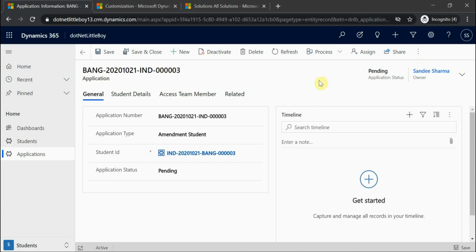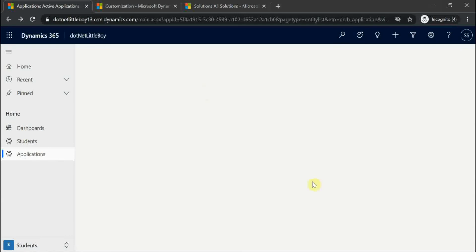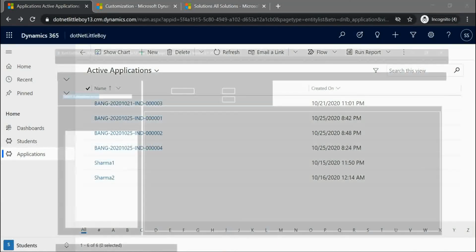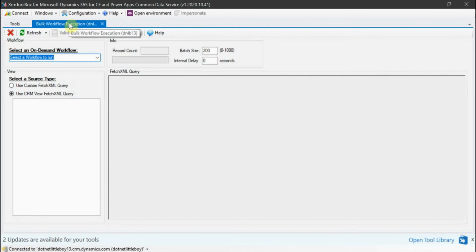So I can run it, but the thing is, this is one entity I'm running against, right? So when you have a lot of records to be updated, this is not a realistic approach, as I mentioned. But when you have little data to be updated, if you have missed some records, then you can select them like that and update. But I want to update in bulk. For that, as I mentioned, I have logged into my XrmToolBox with my trial instance, and here I will